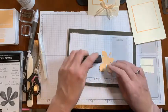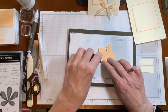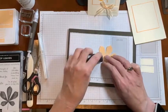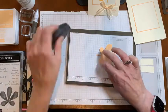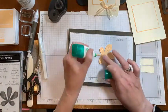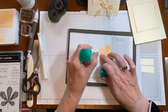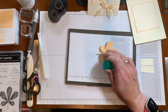So let's put some. I thought I'd upset it. And then just a little blob, hopefully not a blob, a little dot. Okay, where's my...